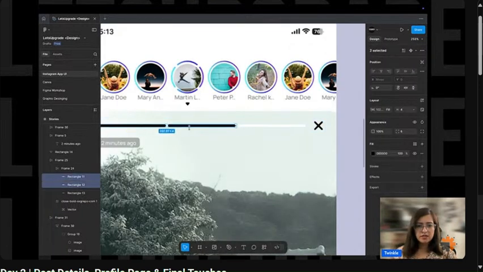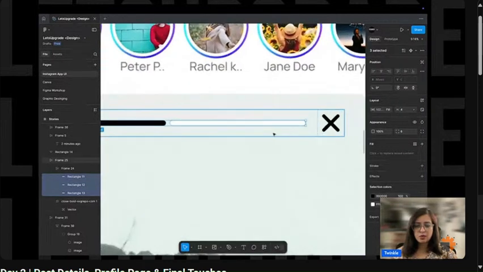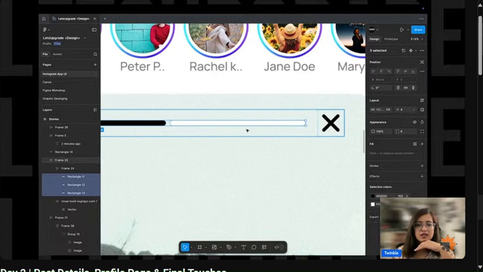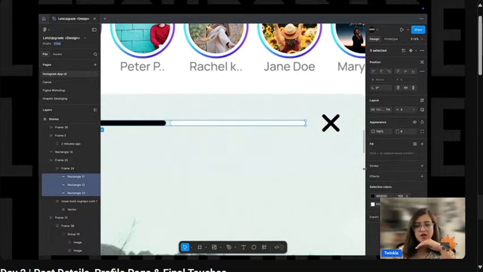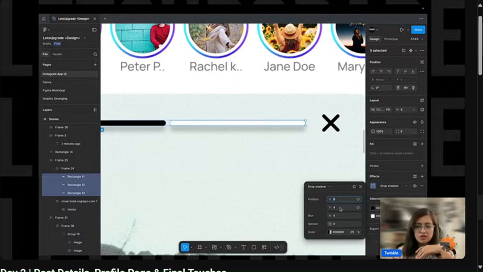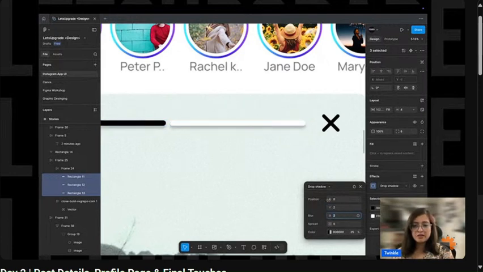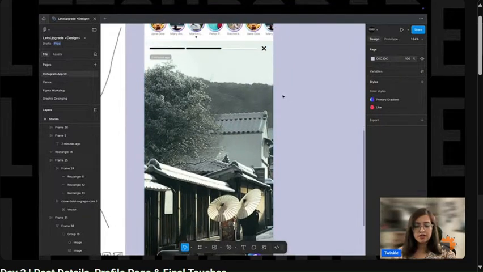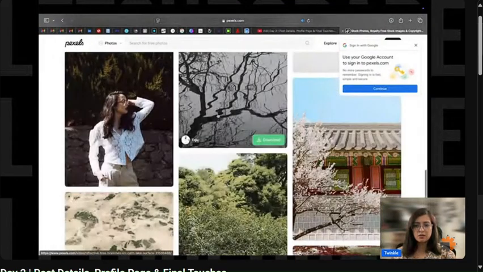One more thing that we should be aware of is that whenever we are designing any component that has to come on top of your image, any sort of image, it is best to kind of add some sort of effect on this, so that it does not get too blended with the background. I'll tell you what I mean. I'm just gonna add some sort of shadow around this. Okay, so it might not look like much right now,